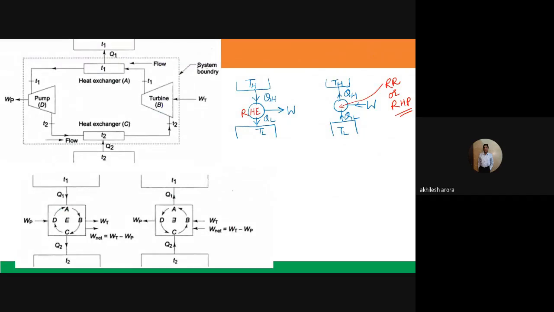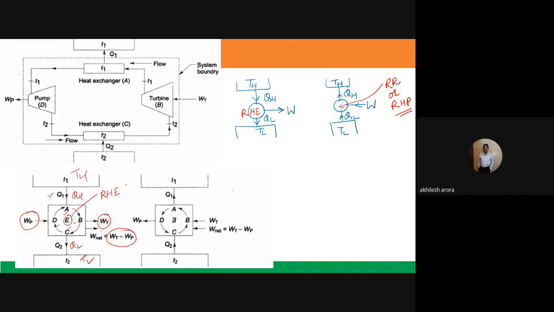Now let us once again see the same thing shown here. So here what has been shown is that suppose this is the reversible heat engine. Okay, you can see what is happening. There are four components: A, B, C, D, and this E denotes the reversible heat engine. You are getting the WT. Here you are inputting the work WP, so the net work which you are getting is WT minus WP, and this is the high temperature, and this is the low temperature here. Okay, and the heat which is entering is Q1. We have called it QH, and this is QL.